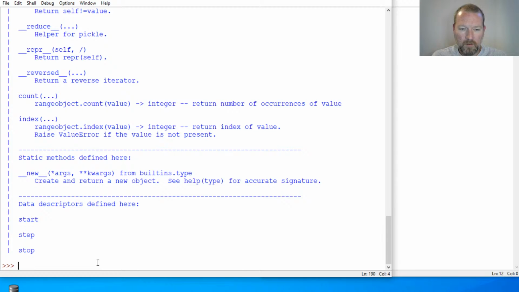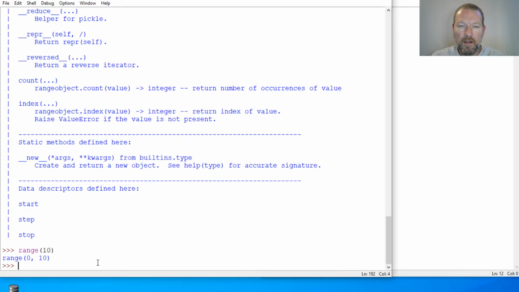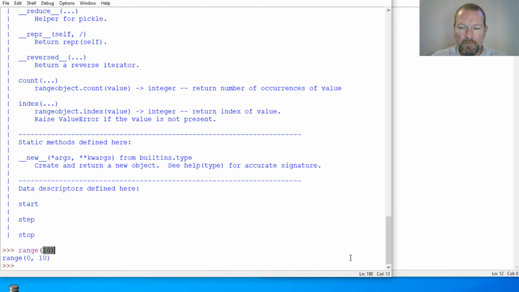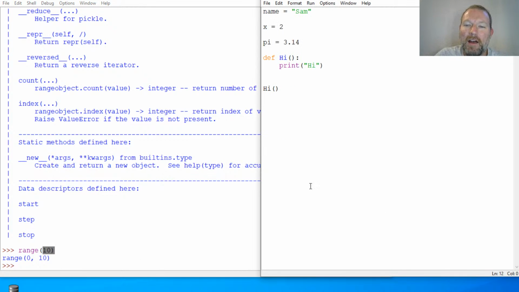So range, and I'm going to pass it 10. So right now I get this. But that doesn't tell me much. So now I'm going to tell you about a couple of different things. Now we learned about the 4 different types of variables. Now I'm going to tell you about the containers. And the first one we're going to